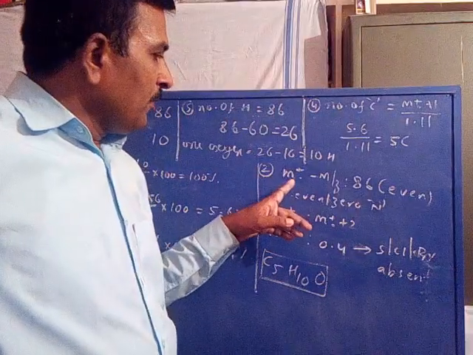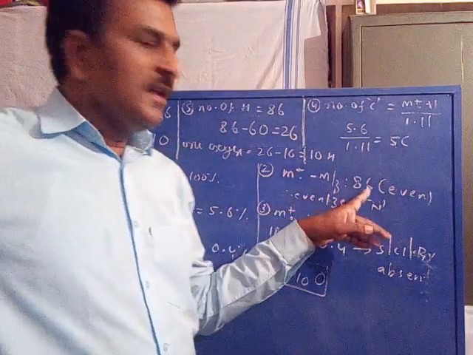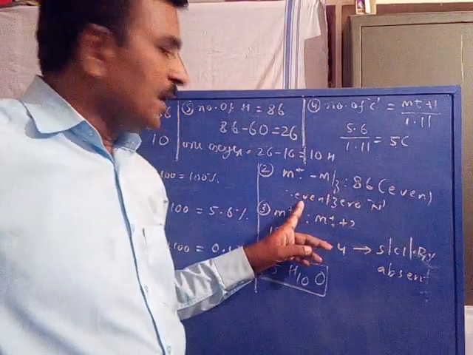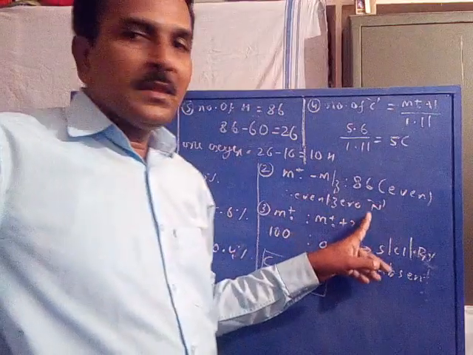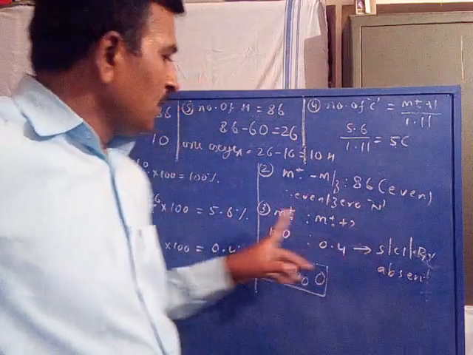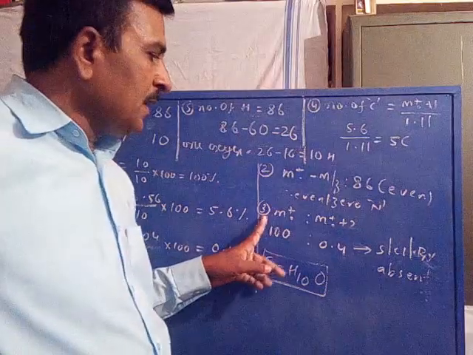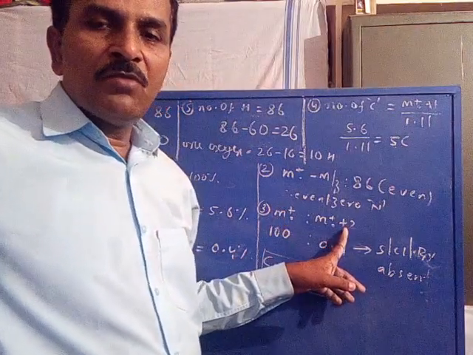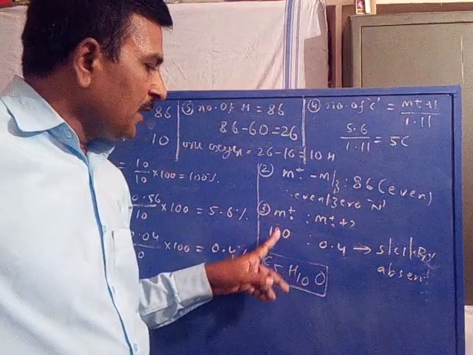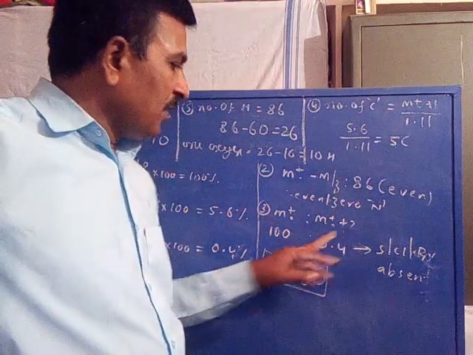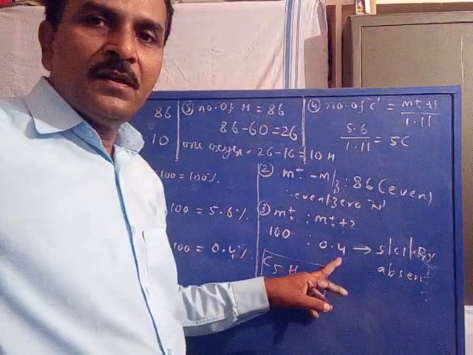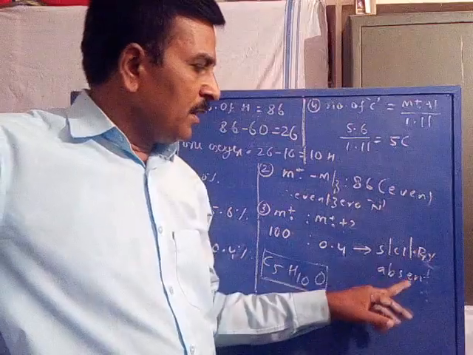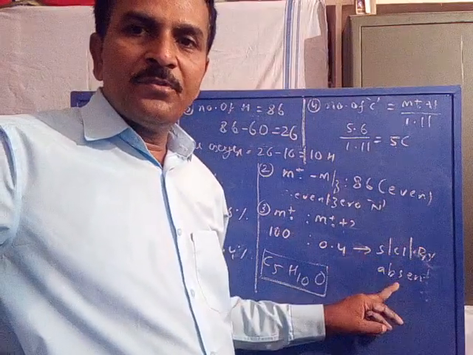Second guideline, application of nitrogen rule. The m/z value of the molecular ion is 86. 86 is an even number, indicating there may be an even number of nitrogens or zero nitrogens. Now third guideline, comparison of molecular ion signal intensity with respect to molecular ion +2 signal intensity. The molecular ion intensity is 100%, molecular ion +2 signal intensity is 0.4%. So this relation indicates the absence of sulfur, chlorine, bromine.